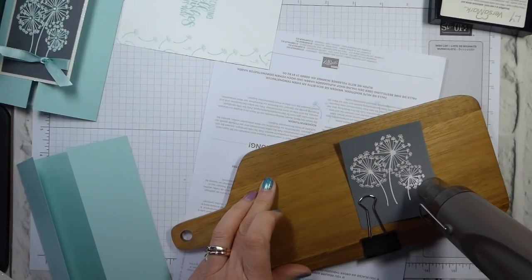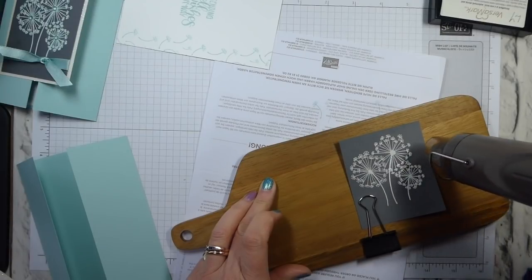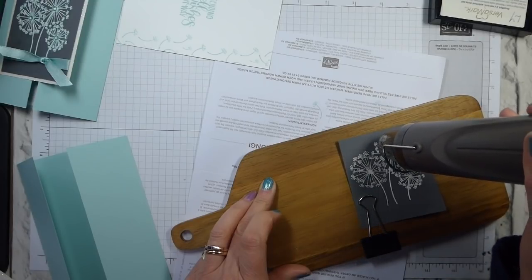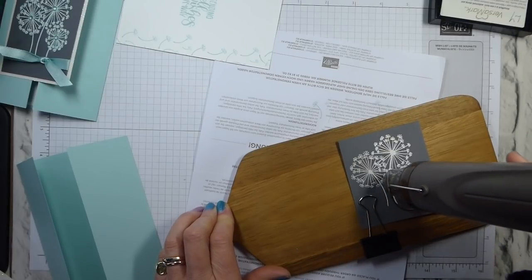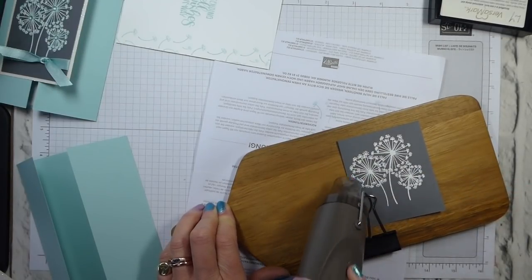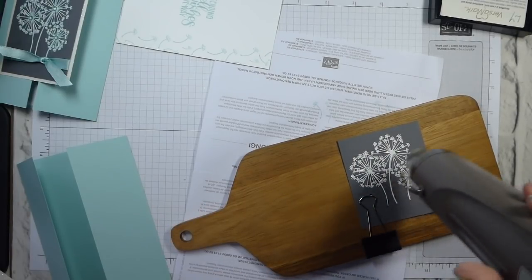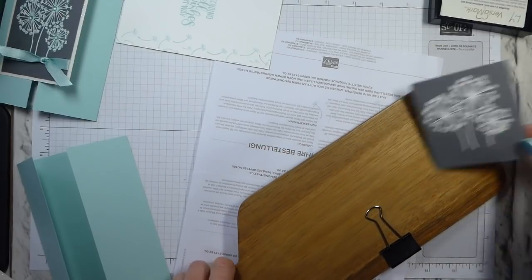And there we go. I love watching this. It's just, even the white, even the clear. I mean, the metallics are just amazing, but the white and the clear, I still get that wonderful feeling. Right, pop that down for the moment. We will be using it again, and I'm just going to leave that to cool,